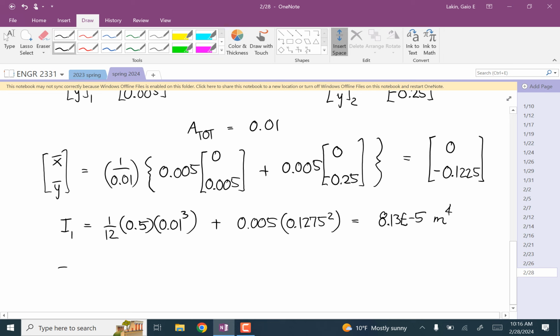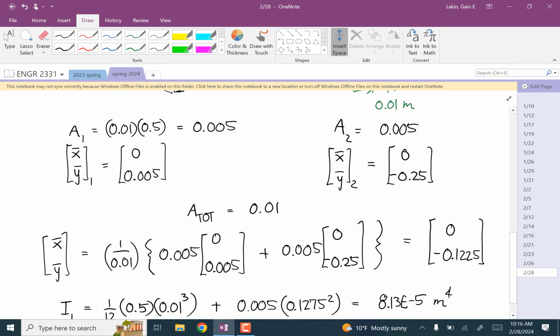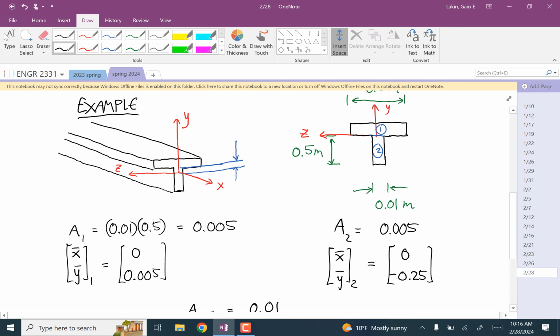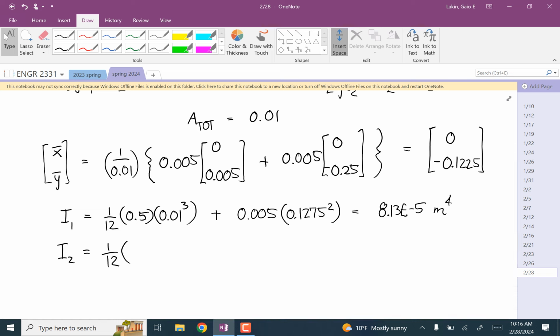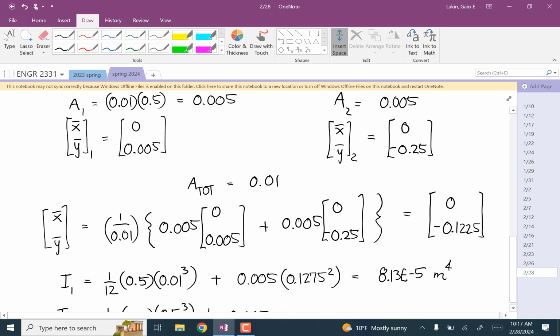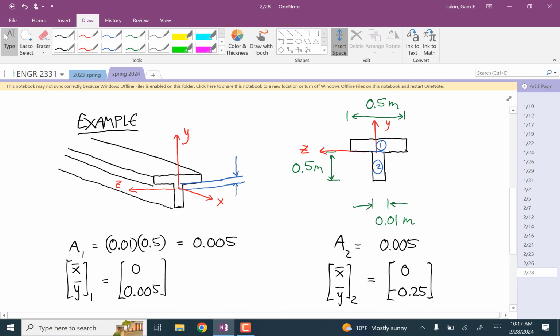And then for rectangle 2, you have 1/12. This rectangle is oriented the other way, so the base of this one is 1 centimeter. The height of this one is 0.5, and that's the one that's cubed. And then we're adding that to the area of that rectangle times